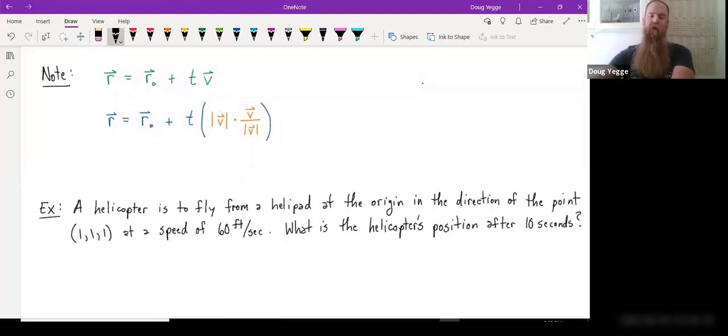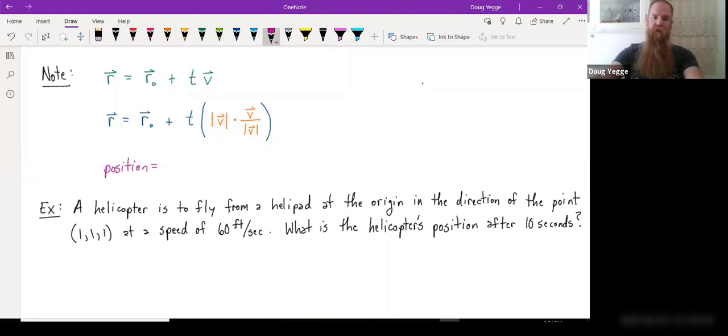I'd like to make one other note as well, to revisit this form of a line, okay? We learned a couple sections back that you could actually rewrite a vector v as the product of the magnitude times the direction, which should make sense because the magnitudes cancel. But we don't want to cancel them necessarily if what we're looking at here is the speed and the direction. So what we should notice is that this formula is telling me that the position,